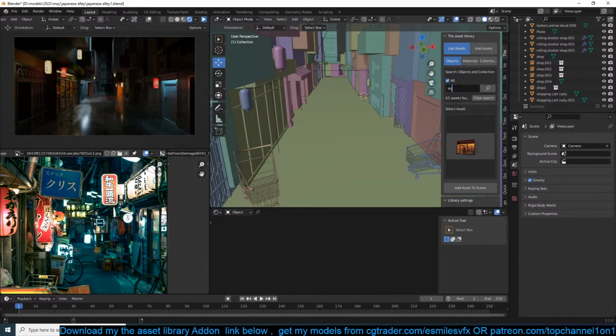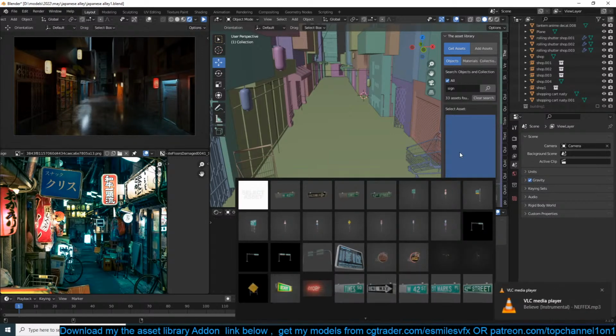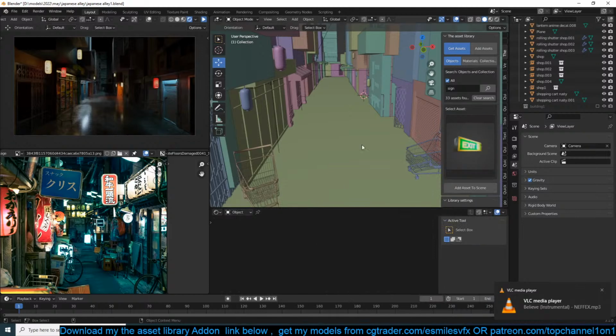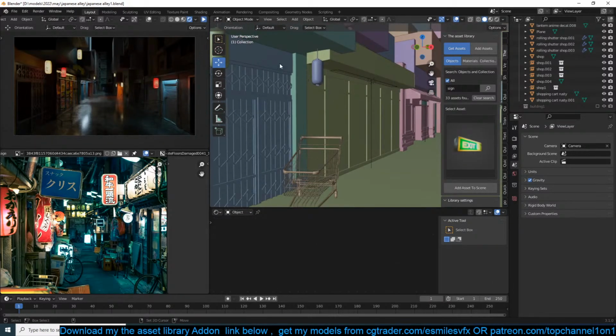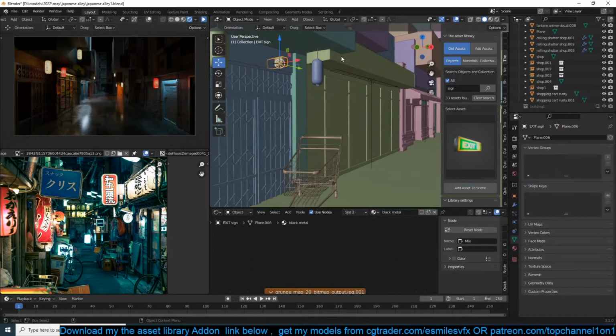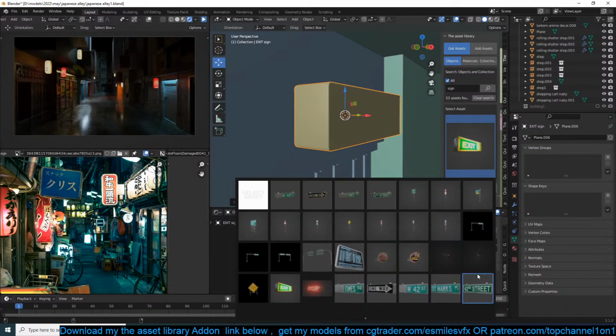Do I have signs in here? I have plenty. Have an exit sign. Just start adding in some random stuff like that.